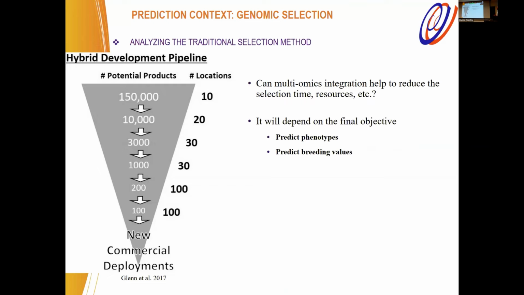And then here is where we start thinking, what would be a good method to screen in or screen out the good or the bad genotypes? And sometimes we start thinking whether multi-omic integration can help with that, right? We have not just genetics, we can have phenotyping, weather data, etc. And I think the message is that it is going to depend on what the final objective is, whether we want to predict phenotypes or we want to predict breeding values. As far as I know, breeders are more interested in predicting breeding values rather than phenotypes. I don't know if that's the case, but this is what I understood collaborating with colleagues.